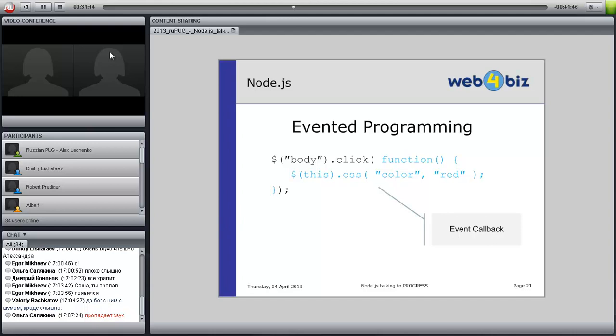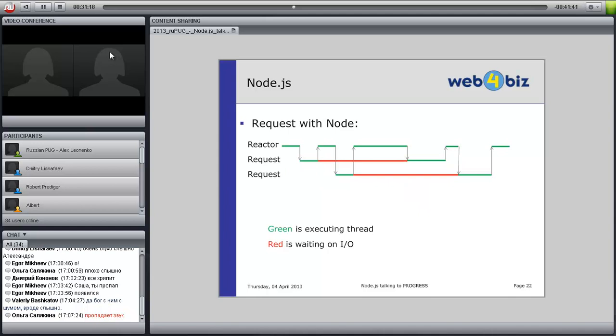So how does a request, as we have seen before for WebSpeed, look in Node? The reactor is just the event loop. If the first request comes in, the reactor gets involved because of the event and analyzes the request.